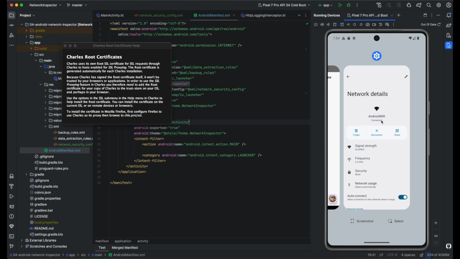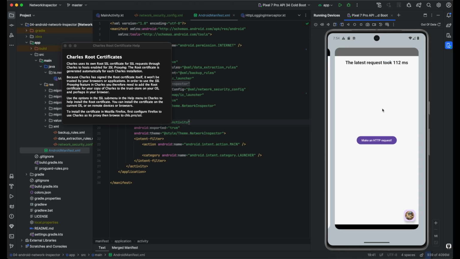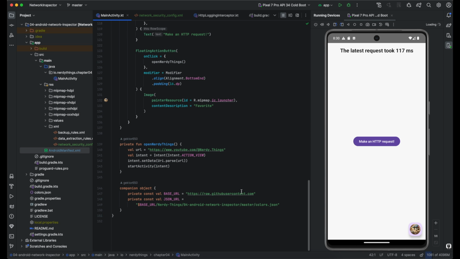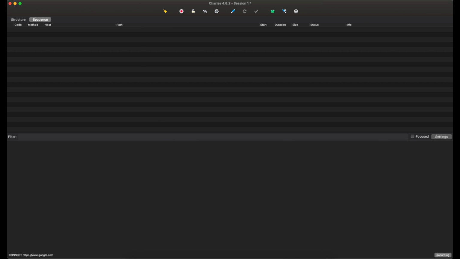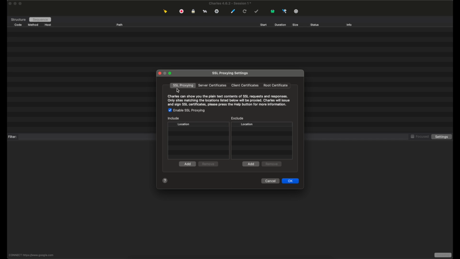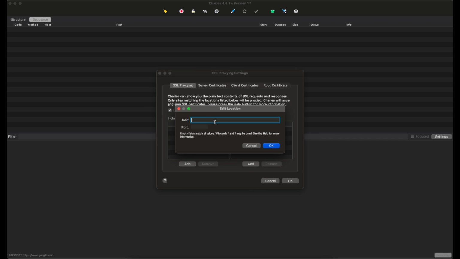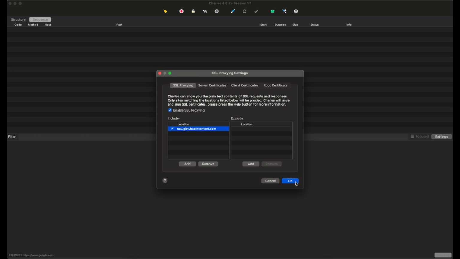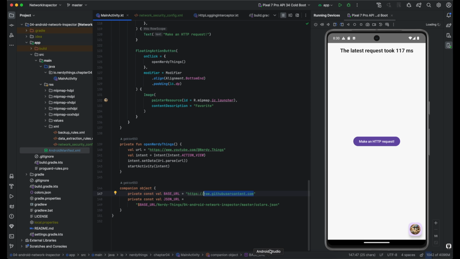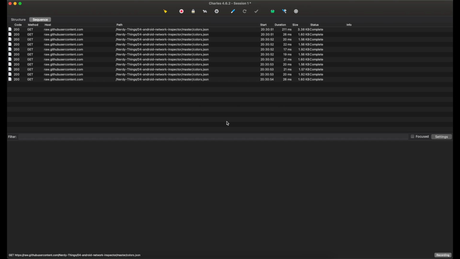We can close everything and go back to our main application. We can go to main activity and copy our hostname. Then open Charles, the proxy menu and SSL proxy settings. Let's add a host here and then press OK and OK again. Now, finally, it's ready to go. We can open our application and make several HTTP requests, then go back to Charles Proxy and we can